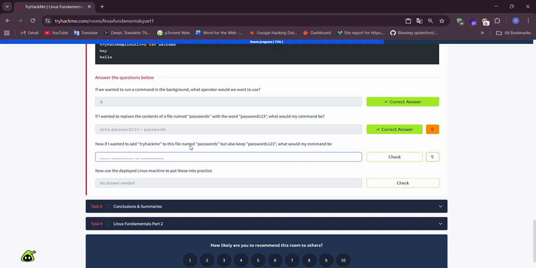But if we use this command, okay, I will show it. echo TryHackMe passwords. The older file will be kept and our new text is added to our older file, and in this situation our older file will not be deleted.